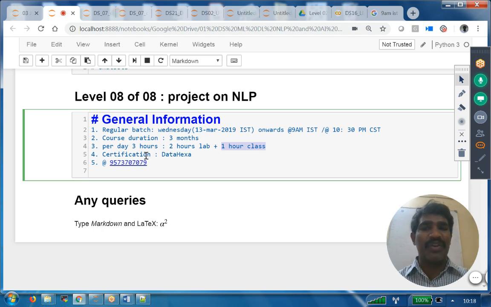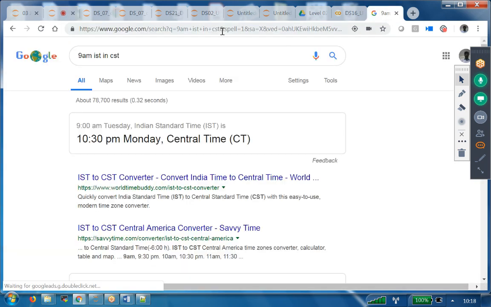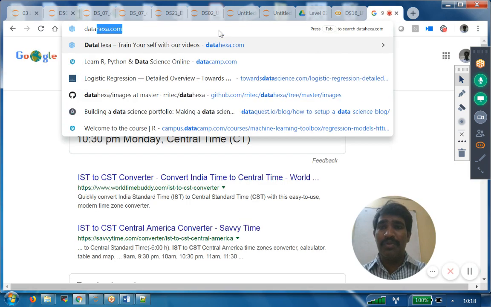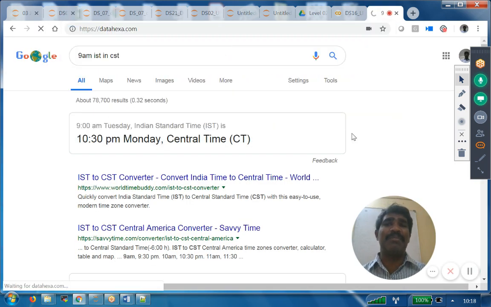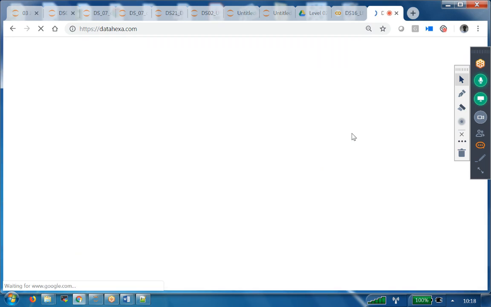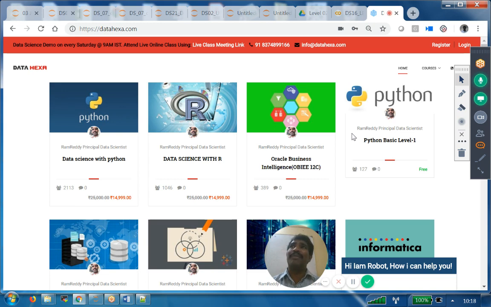And certification also we are going to provide from our website called Data Hexa. Data Hexa is the platform we developed for generic study. I mean to say self-study. Without my attention or my presence, you can go and you can learn the things. If you go for data science with Python,